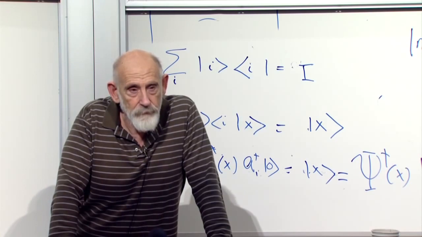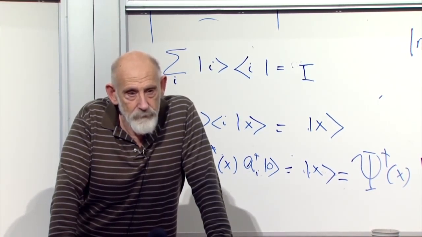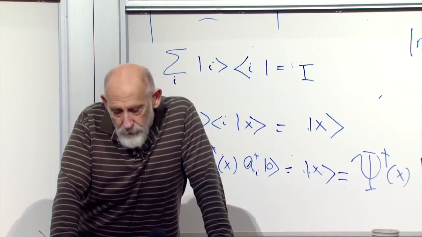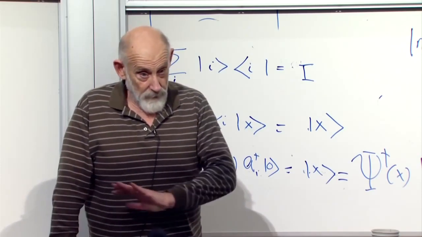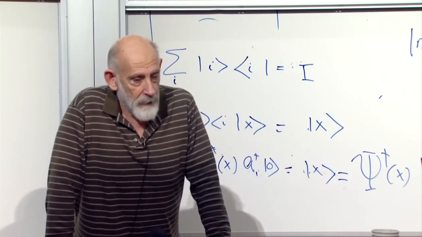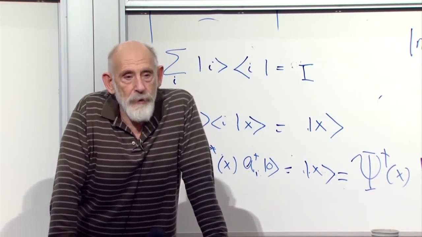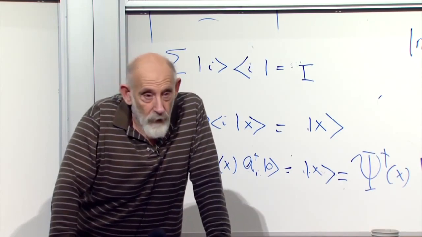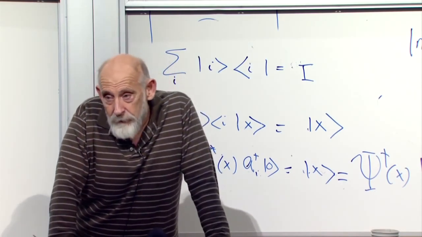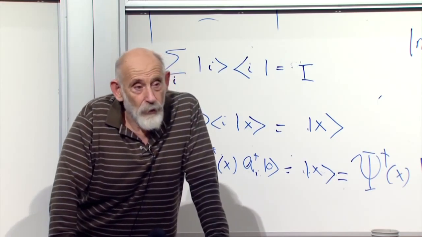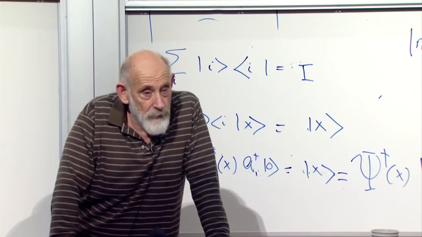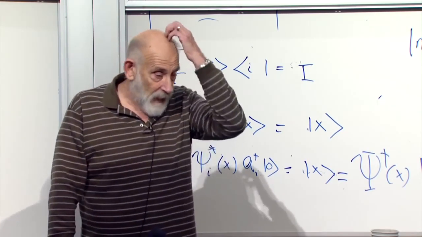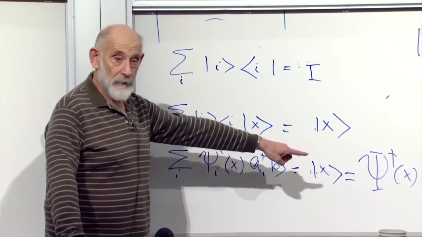Question, please. Where is the information about what kind of particle to be created buried? It should be in the little a plus, but first of all, we're talking about bosons. If you get fermions, you don't do them this way. Which boson? There's a separate quantum field for each species of boson. So what kind of bosons are there in the world? There's photons, there's gravitons, there are Higgs bosons, there are gluons. For each species of boson, there is a separate quantum field that creates that kind of particle in this manner.